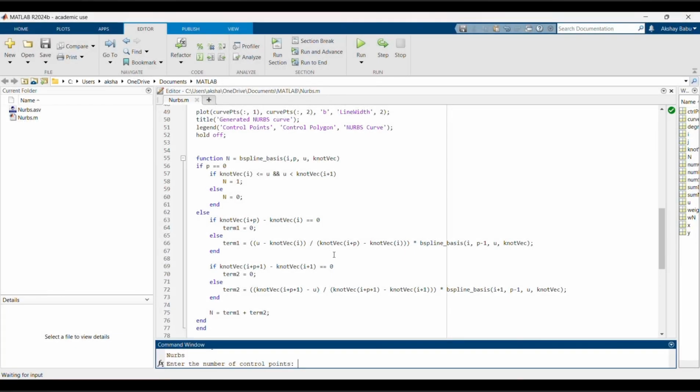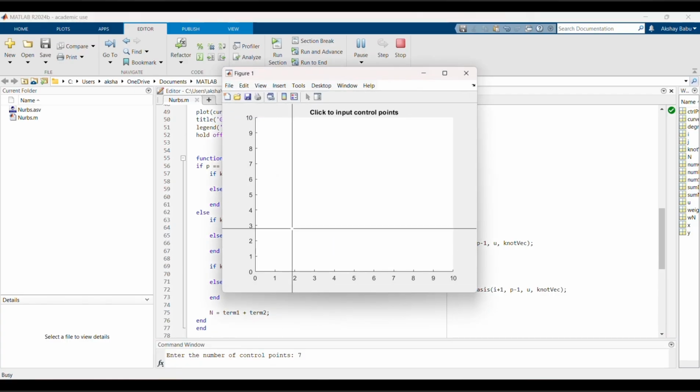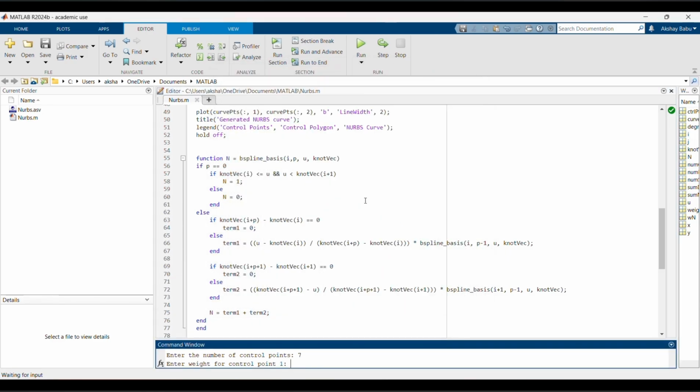So we need to open MATLAB and solve the curve. We need to set the input control points. Now in the shape of a triangle with 6 points we need to plot the points. We need to join all the points with a freehand curve-like structure, and then we need to enter the